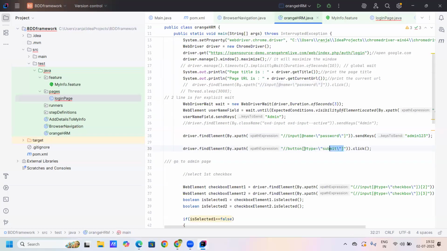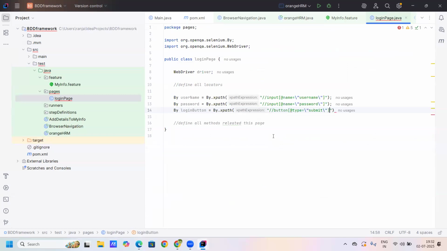This is the XPath. Login button XPath. Fine. Login page, come here. Okay. Done. There are no more locators, right? All the locators you will define like this. Okay. Once the locators are defined, as I said, we need to use a constructor for each page to call the